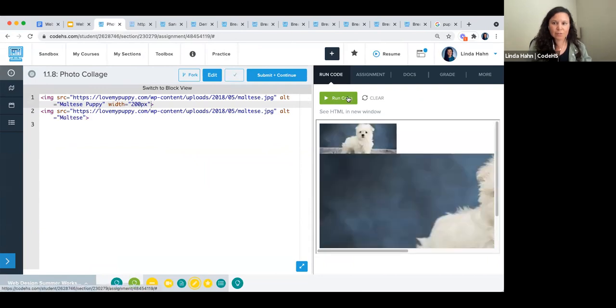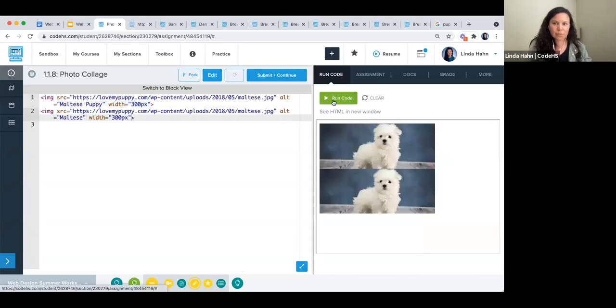So my first little dude. Okay. So he's gotten a little bit smaller. All right. Maybe 300. And then I can do the same thing to my second puppy. Notice that it changed it proportionally. So both of my puppies now are showing up the same size. But if I wanted it to be, you know, a height of